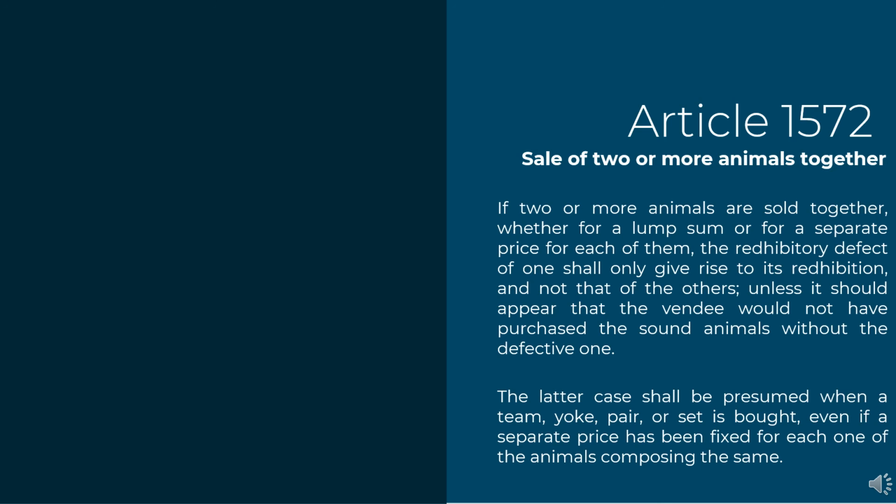Now, yung intention is presumed when the Carabaos bought are male and a female. But vendee may prove the contrary. As for example, si vendee has no present need or use for any of the 2 Carabaos. In any event, vendee can accept the defective Carabao and demand a proportionate reduction of the price na lang. So instead na ibalik niya yung Carabao sa vendor, vendee can actually request na lang for reduction of the price of the Carabao. So that would be all for Article 1572.